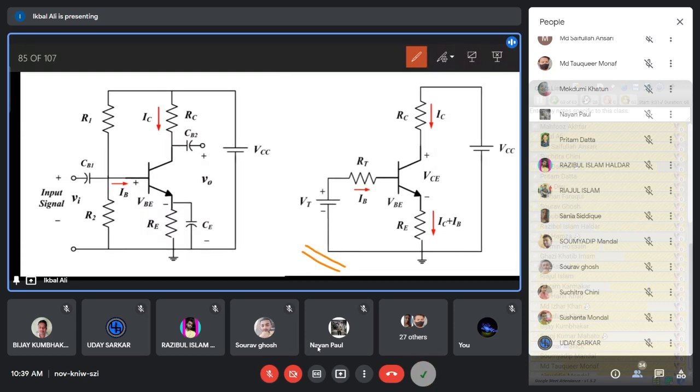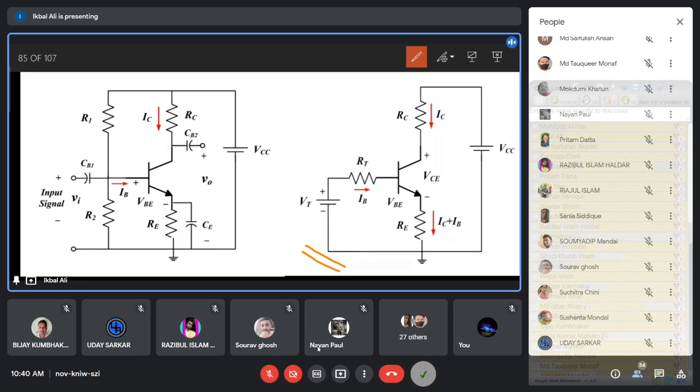So there may be different names, but the circuit is the same. This circuit looks very complicated, but if you can understand the analysis or the construction of the circuit, then it will not be so. It is slightly more complicated than the previous two biasing circuits. This biasing circuit is the most stable one, and it is used in amplifier circuits. Whenever you require a CE amplifier to amplify the signal, usually this biasing circuit is required. Whenever you require precise, stable amplification, this biasing circuit will serve the purpose.